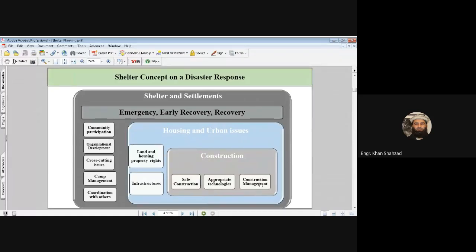If you are not doing proper management during these construction projects or construction of buildings for the people, or retrofitting of these buildings, or repairing the buildings for the people whom we have shifted to the camps or to the evacuation centers or to the shelters, all these are interrelated with each other. So you have to think about this before planning or before starting the work on infrastructures or buildings, whatever projects you have after the disaster.